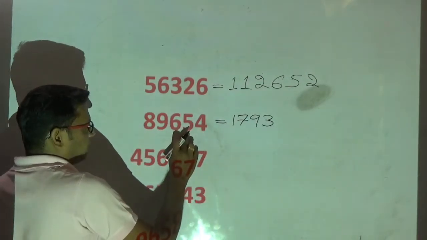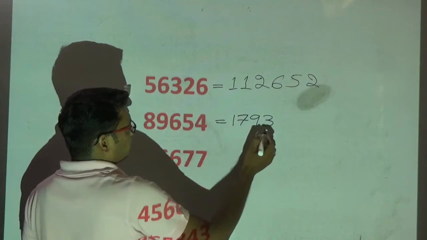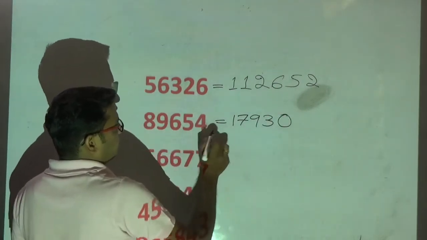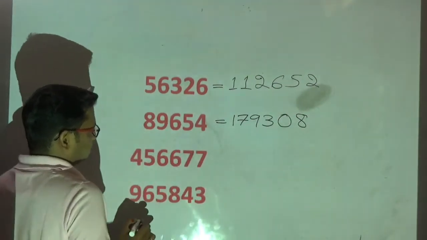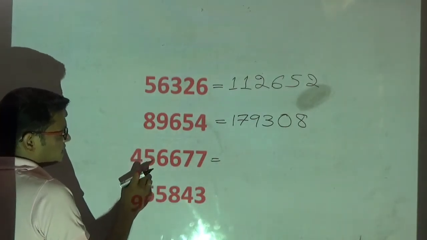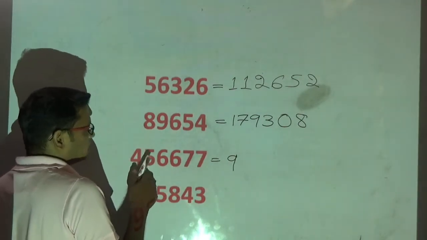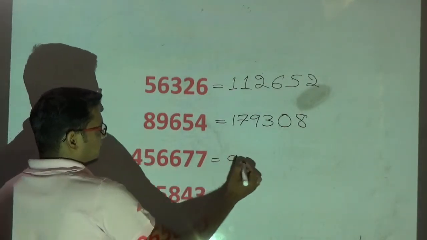5 double is 10. Next number is not more than 5. Therefore, write the end digit only. Next number is 4, double it. So, that's my answer. See here now. Double of 4, 8. Next number is equal to 5. Therefore, 8 plus 1 is 9. Next number 5. Double of 5, 10. Next number is more than 5. Plus 1, 11. Write the end digit only.